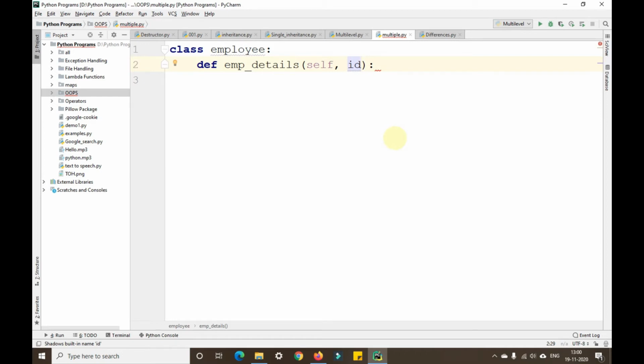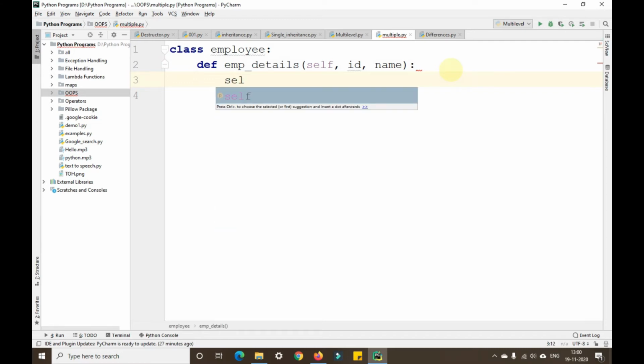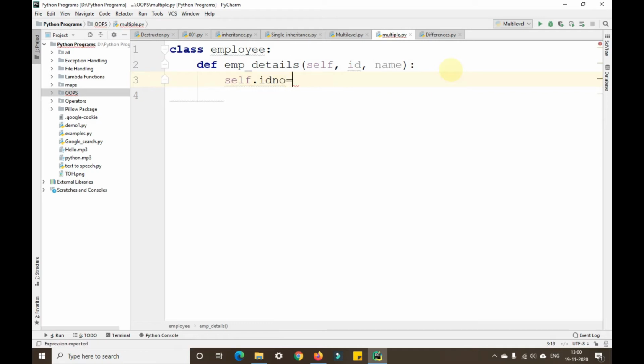As you know, an employee also has a particular ID number in any company that he joins, then a name. Then after that we'll take self.id_number equals ID and self.name equals